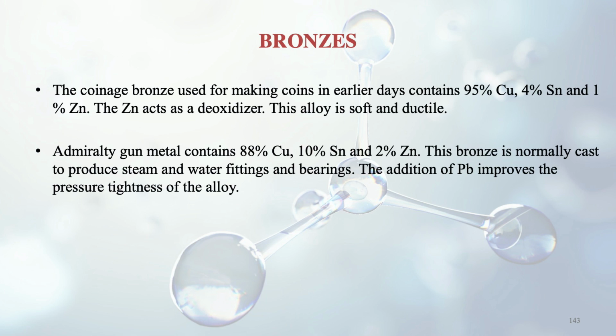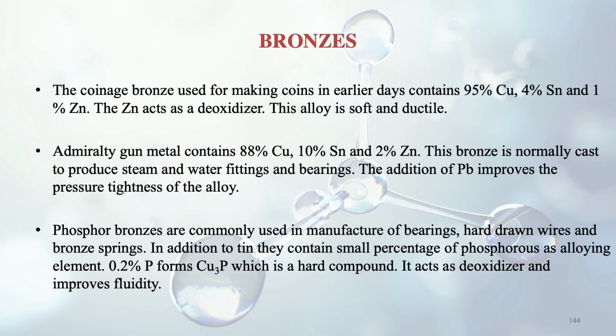And addition of lead improves the pressure tightness of the alloy. So if we add lead, then we can get good pressure tightness, meaning pressure will not leak. Phosphor bronzes are commonly used in manufacture of bearings, hard drawn wires and bronze springs. In addition to tin, they contain a small percentage of phosphorus as alloying element. 0.2% of phosphorus forms copper phosphide, which is a hard compound, and this acts as a deoxidizer and thus helps